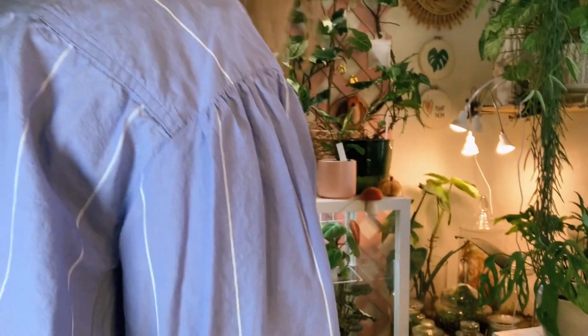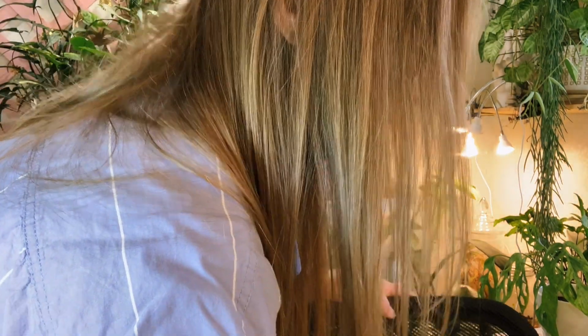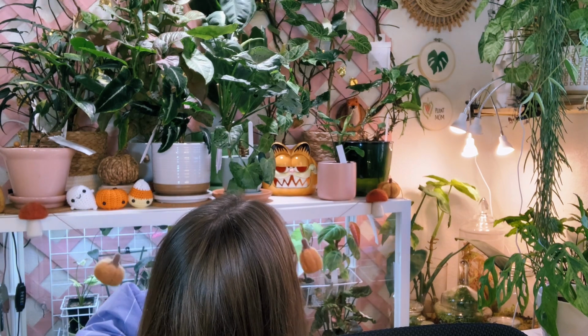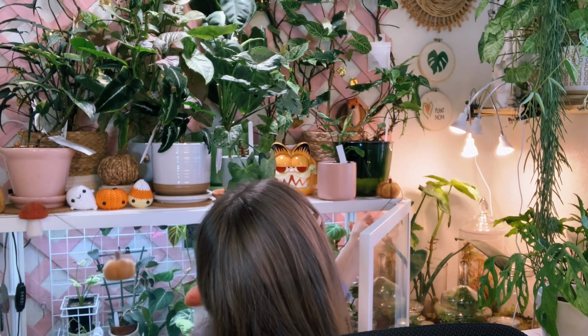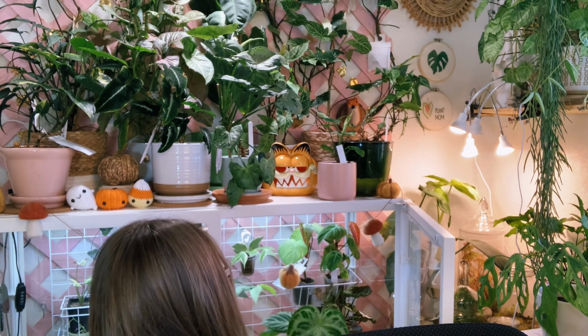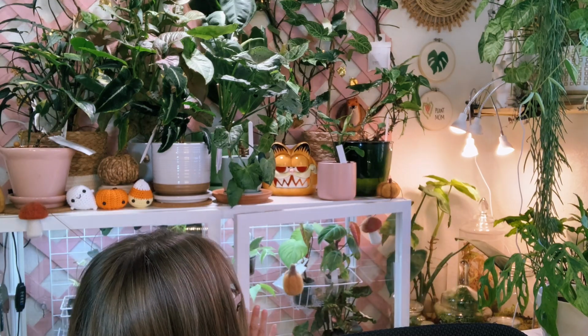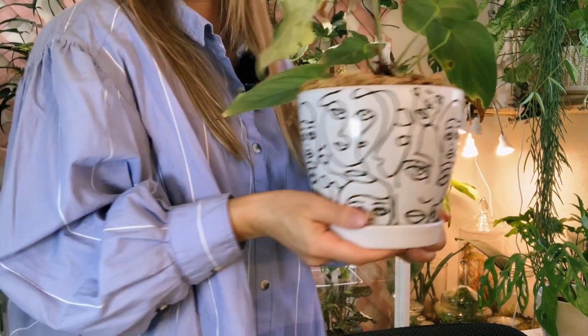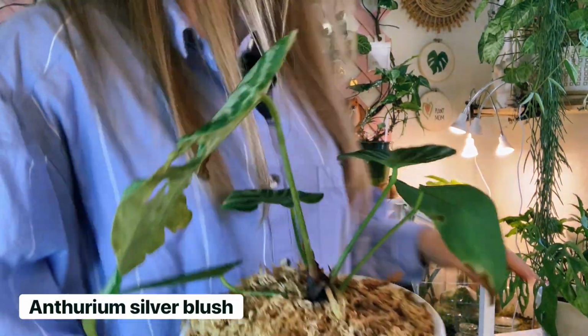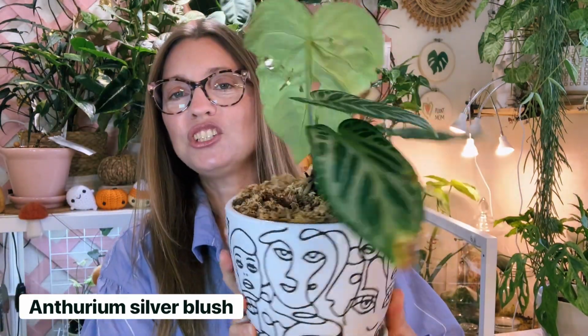Okay, so we have one left, one final one, and I have to grab it. It is in my IKEA Millsbow cabinet, which I need to pull it out of here to show you. It's an Anthurium, and it's a beautiful Anthurium. So this is the Anthurium Silver Blush,